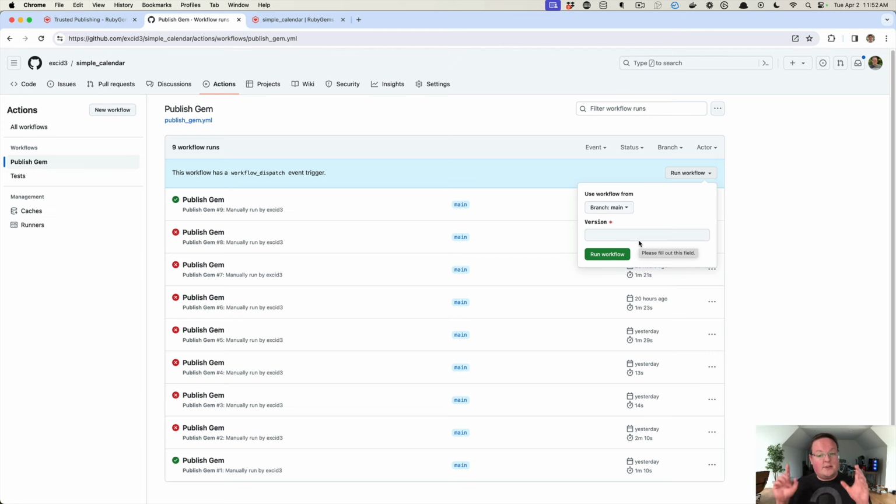Now, a difference that you'll see here is we have this version field that's required in order to run it now. That is what we're going to add today, which will allow us to type in the version we want to release. It will go and bump the version in our gem, update the gem file lock and the appraisals for that, and then commit that to our Git history, and then trigger the release once that is done. So let's talk about how this works. We can type in